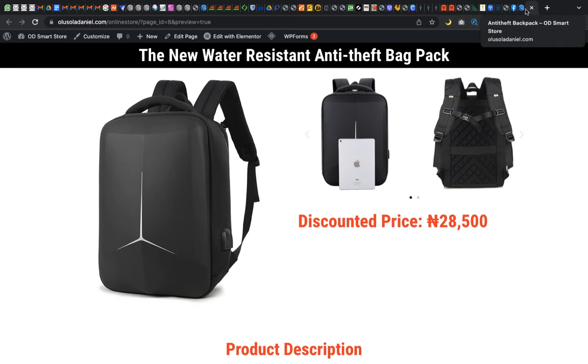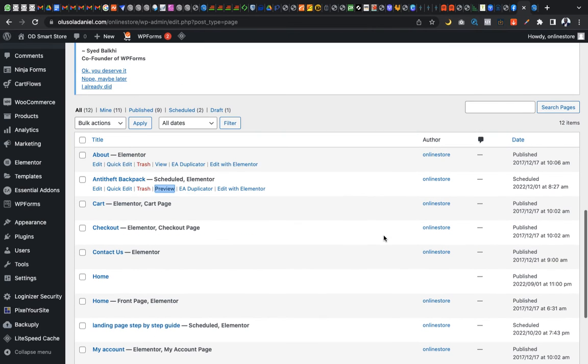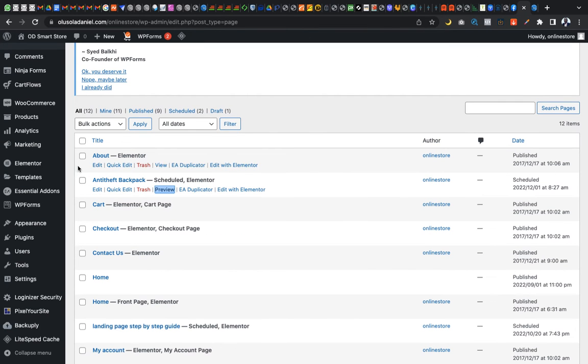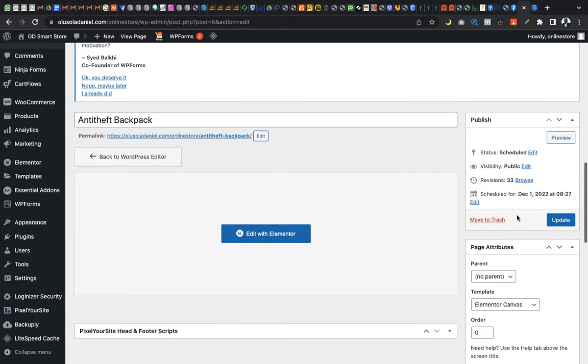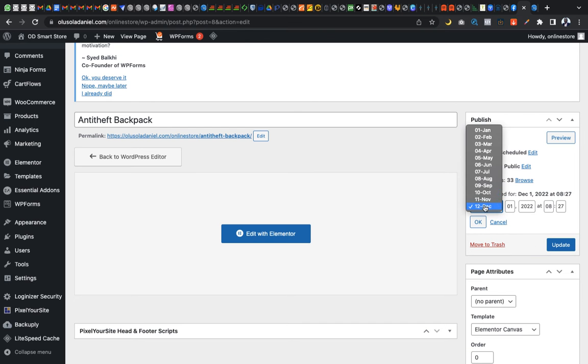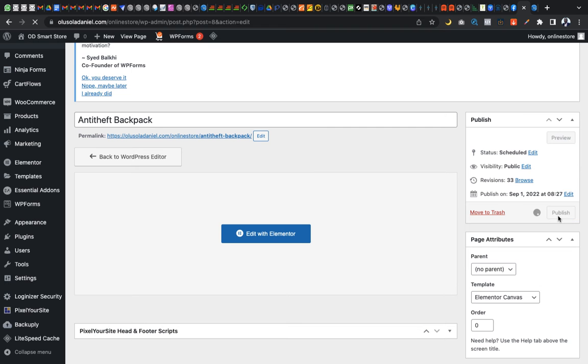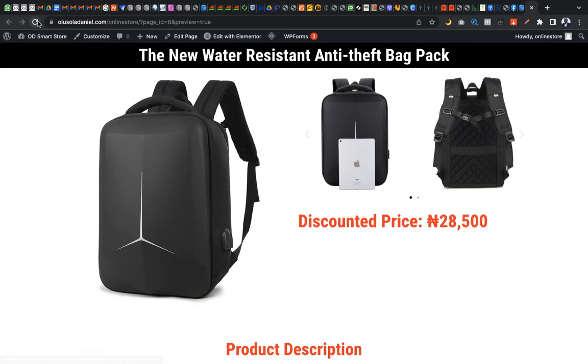Let me go back, and I hope you guys understand the reason I scheduled this particular one before I exported it, in order for me to be able to choose it as what I want to export particularly. So let me return this one back to a published page. I can say, let me just choose September, just a previous date, publish. So if I refresh this one here now,